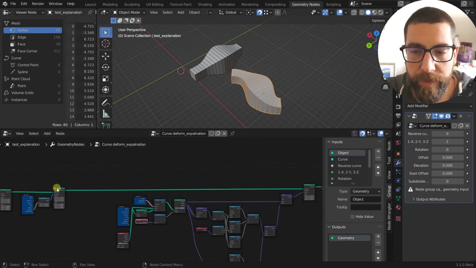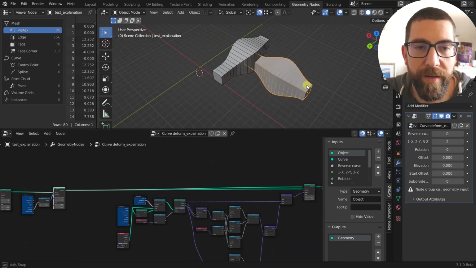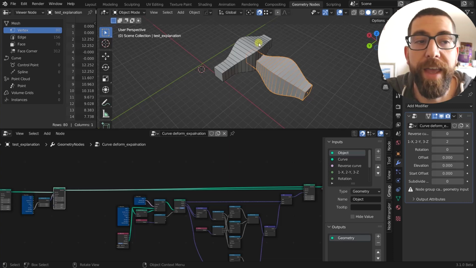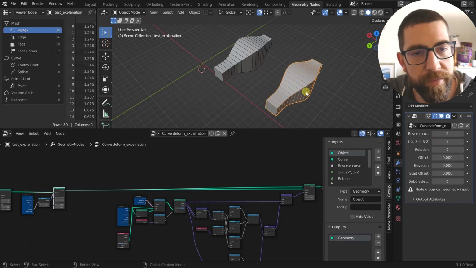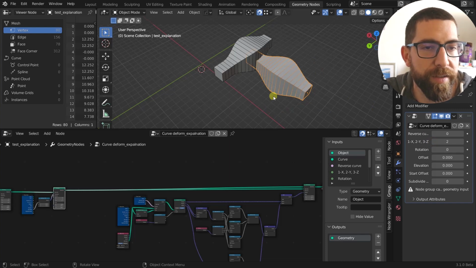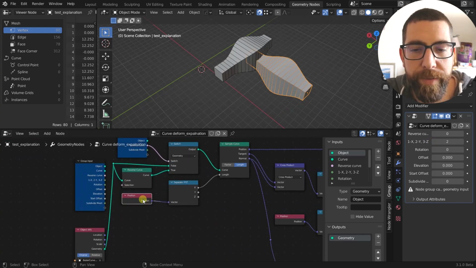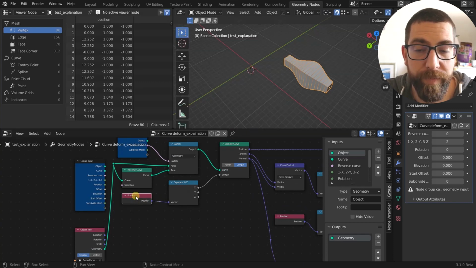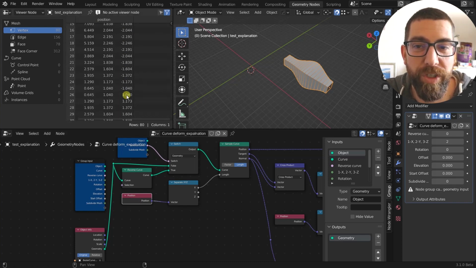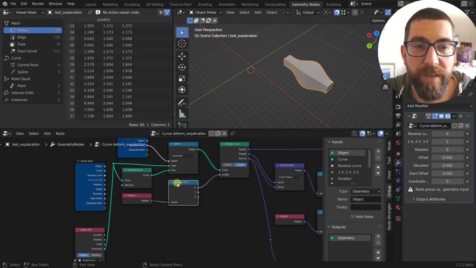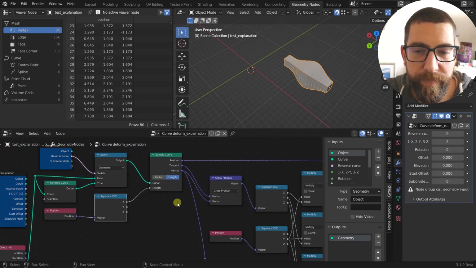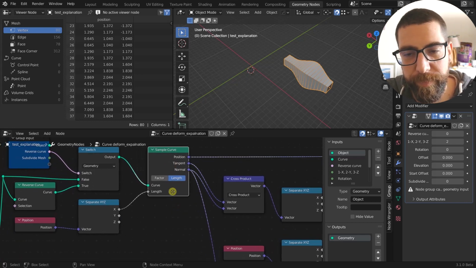Why is that? So let me just go back here. So we set our object like this, so that it's running parallel to the x-axis, because if it's like this, it still runs parallel to the x-axis, and if it's z, it will still be running across the x-axis, along the x-axis. And so what happens here? So this node here contains the values of all these position values for all these vertices. But we need just the x. And why is that? And we're using this sample curve so that